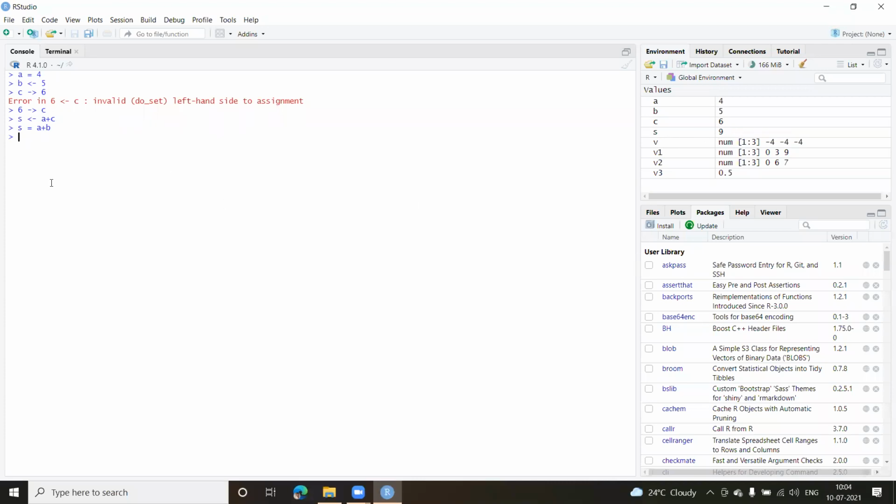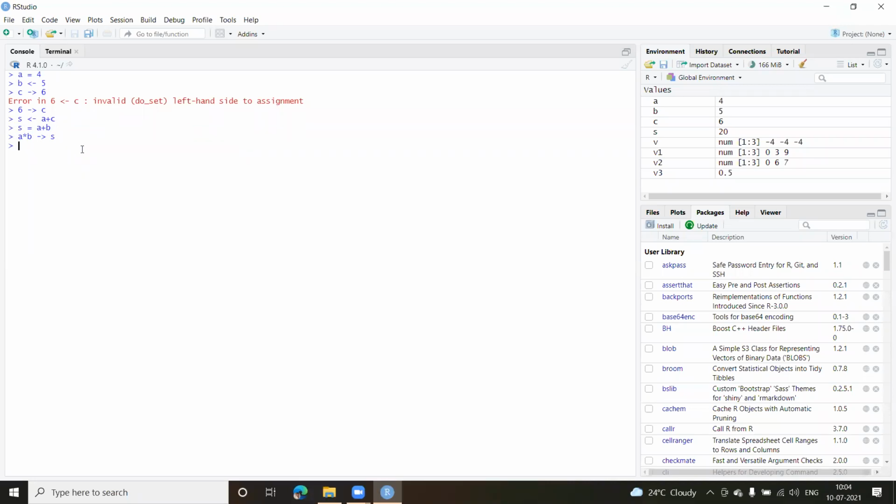Okay. And the other way around, if I want to perform the addition and then assign, I can do that like this, say A multiplied by B. And I can use the rightward operator and assign it to S. No problem. Here you can see 20. So it is just a way, because they have made it more flexible in performing addition, whereas such types of assignments were never possible in C programming.